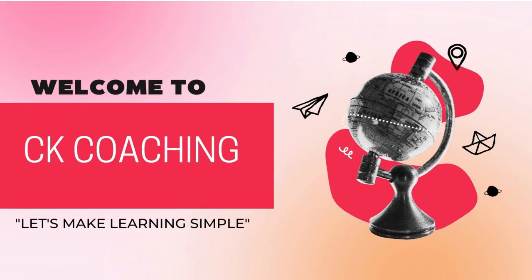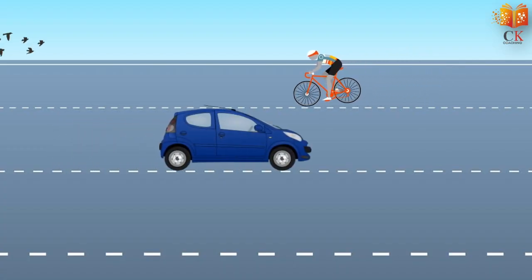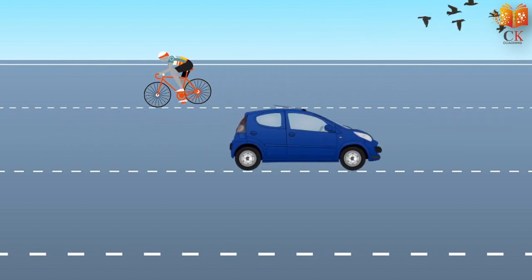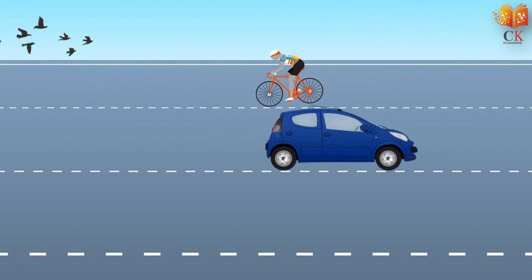Today in this part of the video we are going to start a new chapter for the session 2024-25, which is motion. I guess आप लोगों ने basic idea motion का class 7th and 8th से ले लिया होगा, so we'll be taking up some basic idea as well as we'll understand what we have to learn